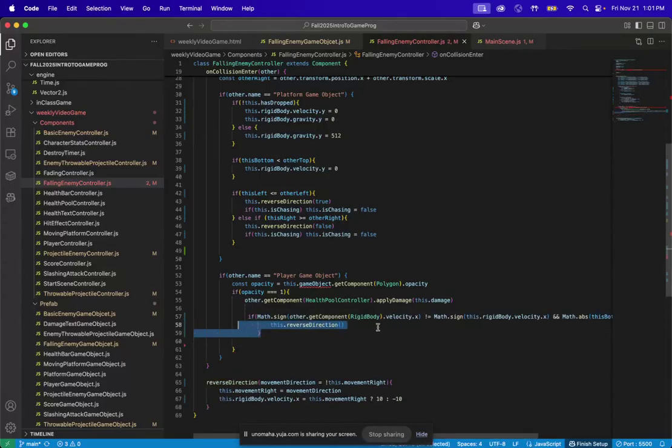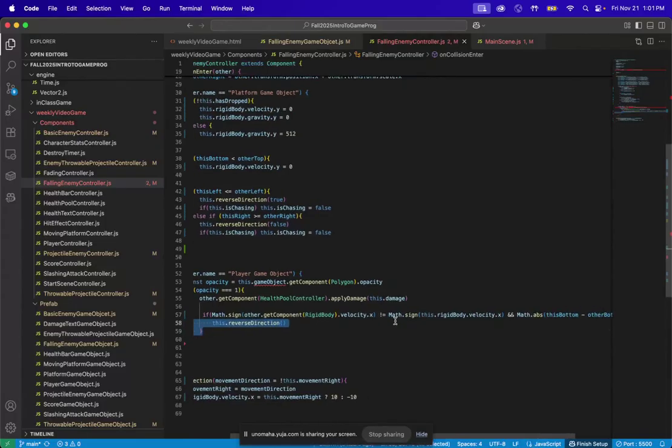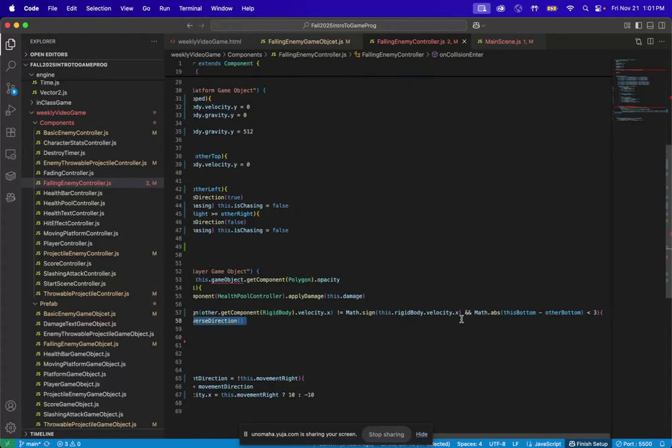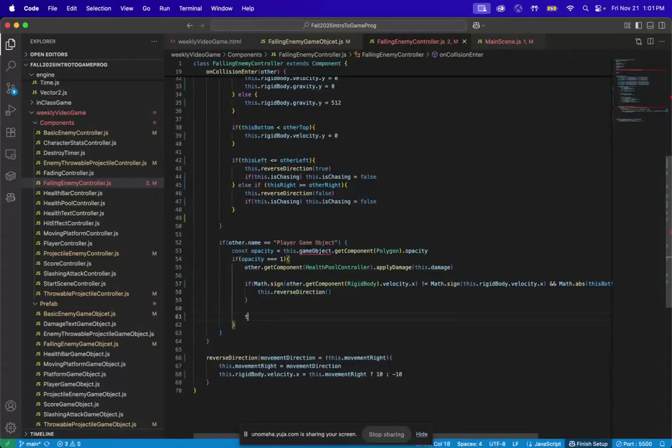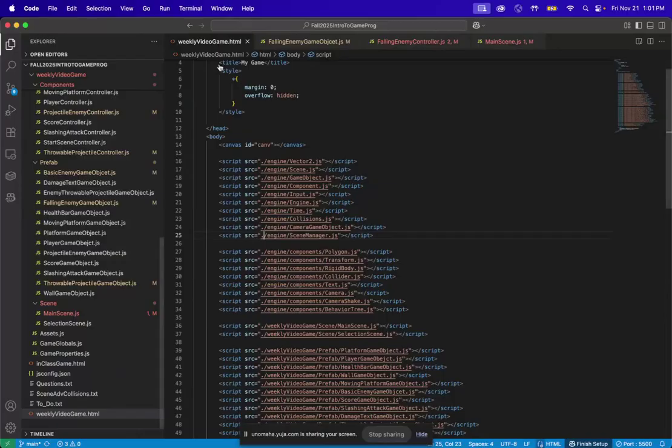Or if it's just a different sign, then we reverse direction. And finally, we also have to do this.hitPlayer equals true if it does hit the player, just to keep track of everything. So now hopefully,